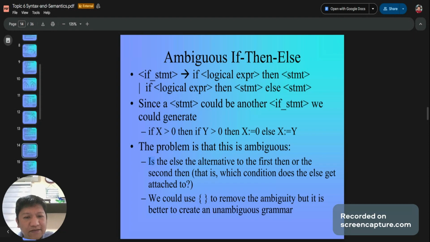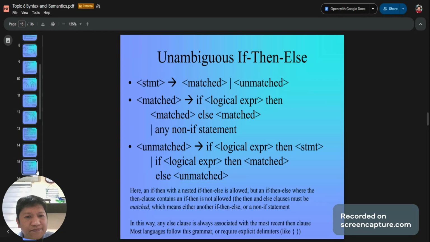Okay? We could use parentheses to remove the ambiguity. Okay? Unambiguous if then else. Okay? A statement is a match or unmatch.